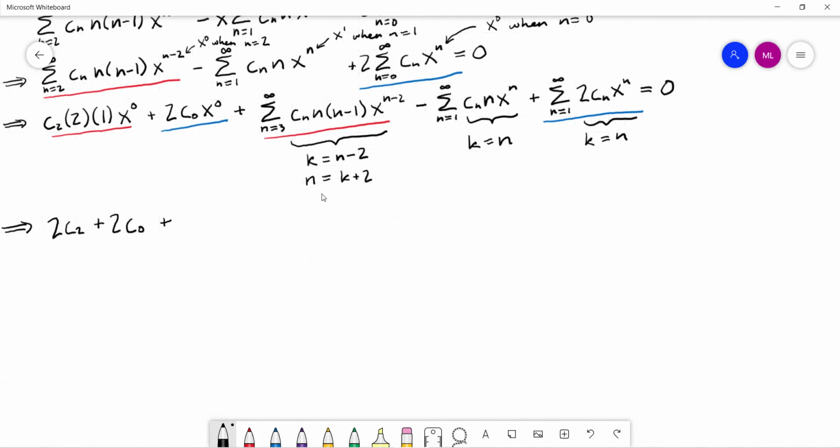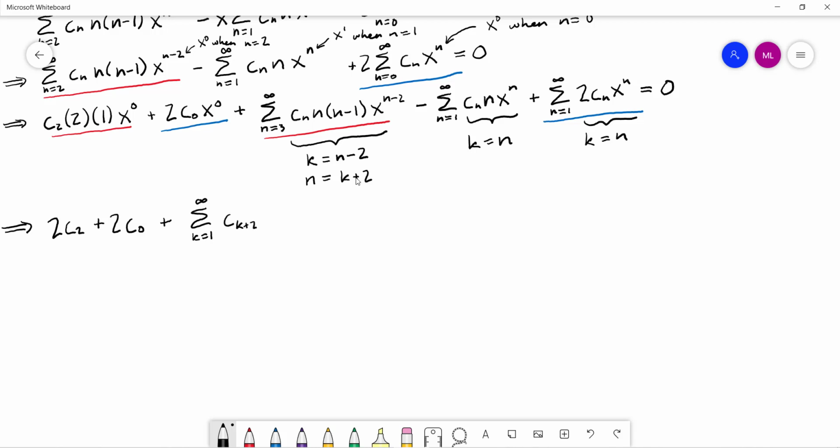Plus this one, when we re-index everything, it's going to start off now. When n is equal to 3, what's the value of k? So when I plug in n equals 3, k is equal to 1. So it's the sum from k equals 1 to infinity. And c sub n becomes c sub k plus 2